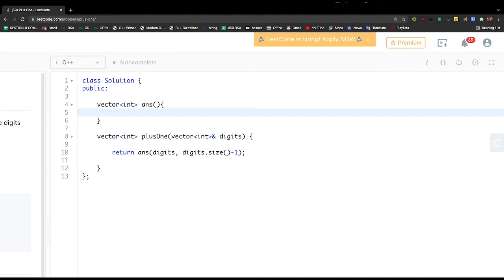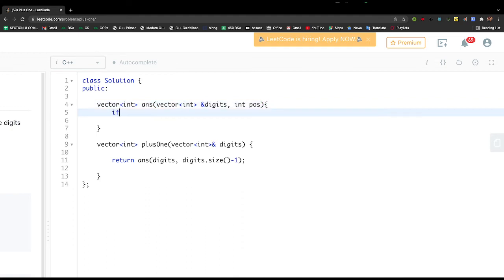Now it is taking digits as a vector, so we need to pass vector int, and there it's going to be, let's suppose we give the number as digits, and then int position. Okay. Now it checks if digits at position is not equal to 9,